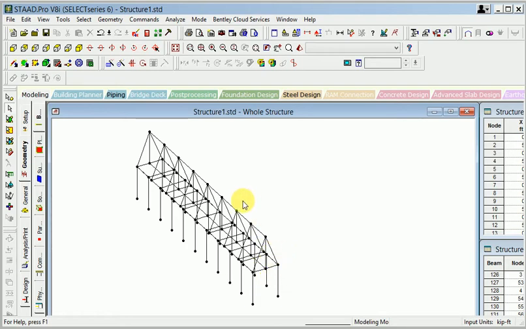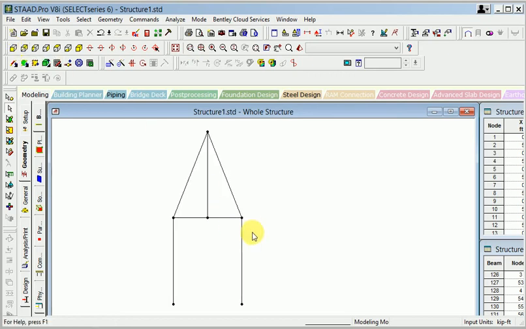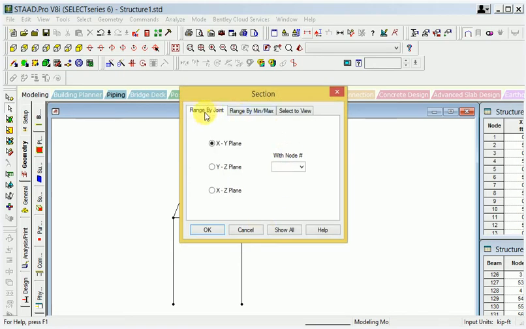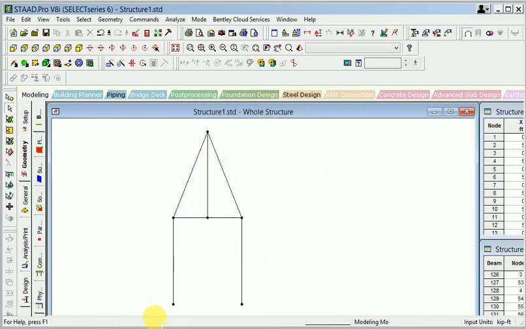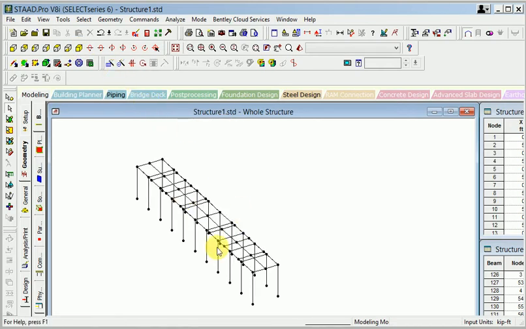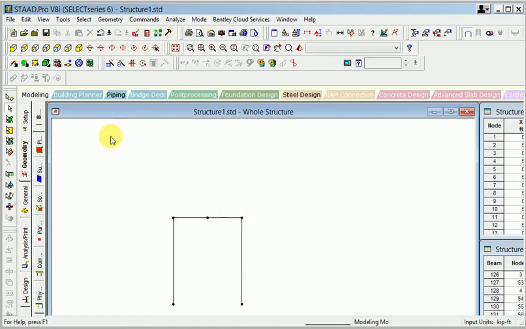cut section. So when I get here you can see that, and when I apply the front view and I want to remove the cut section, this one, there are different types of range by joint, range by min, max and maximum. I select view. I use the rubber band, so yes, and I click this here. Here you can see that it is the down direction, the upward direction is not here. Then I will go to work in the particular area.